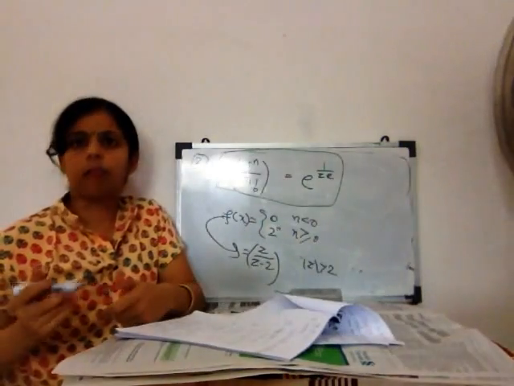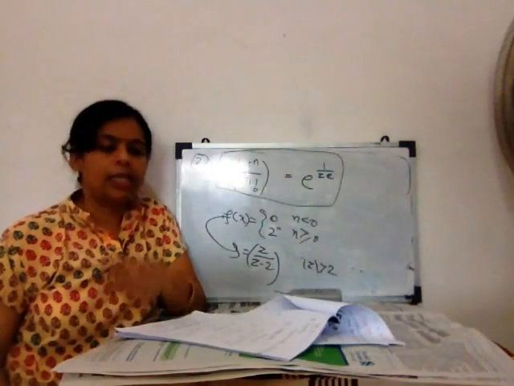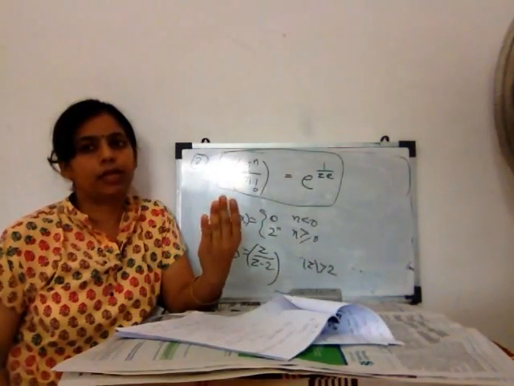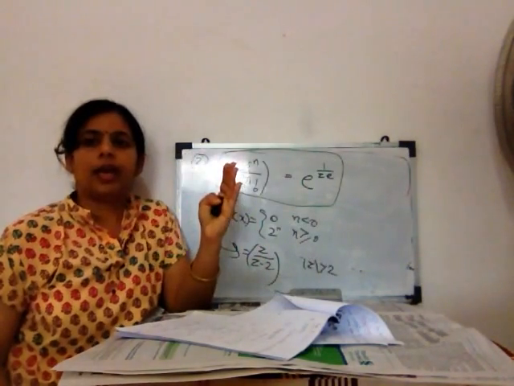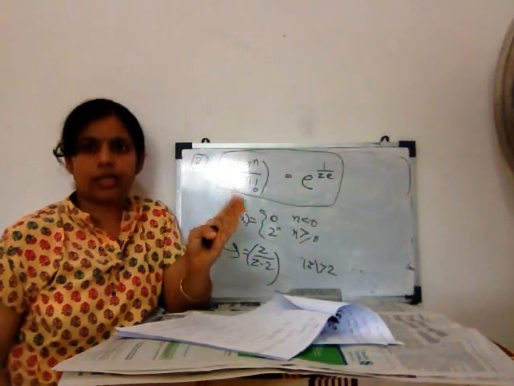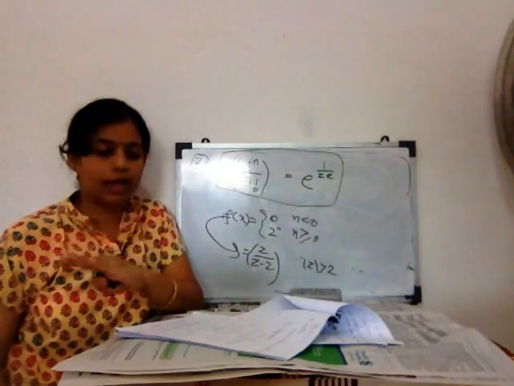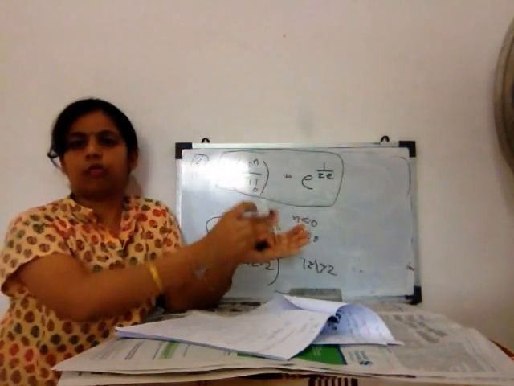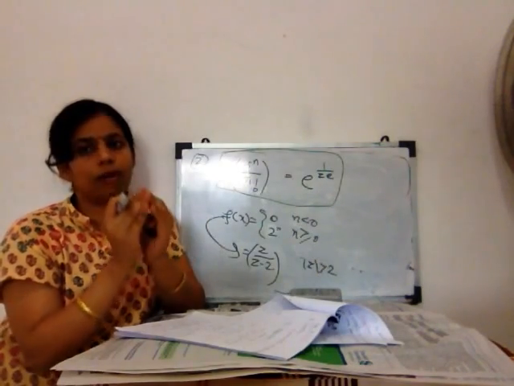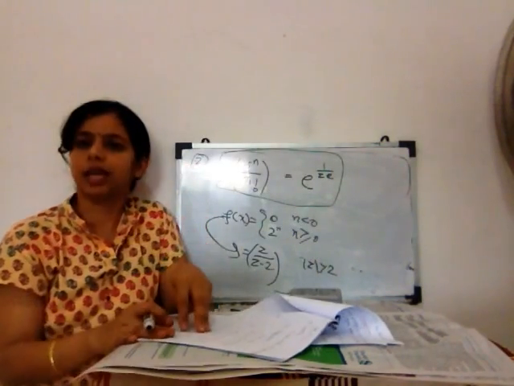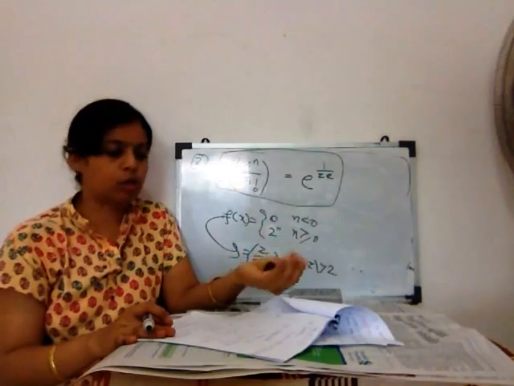Now, if we discuss some properties of the Z transform, then the first one is the linearity property. The linearity property is similar to the Laplace transform. For a f1(n) plus b f2(n), the constants we have to take outside, and separately we take the Z transform and then multiply the constant with the Z transform, which gives the required solution.